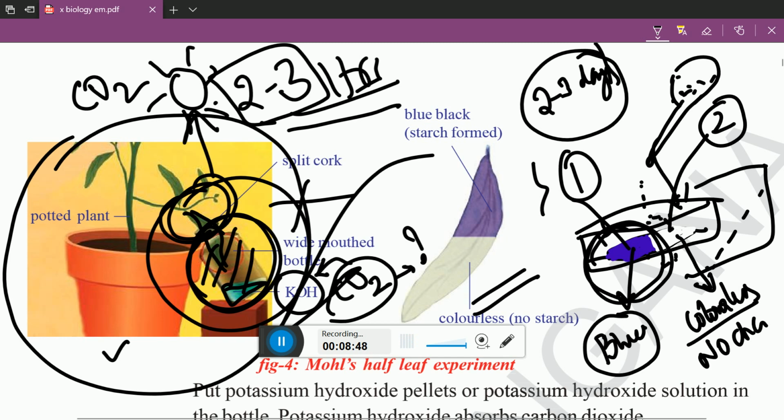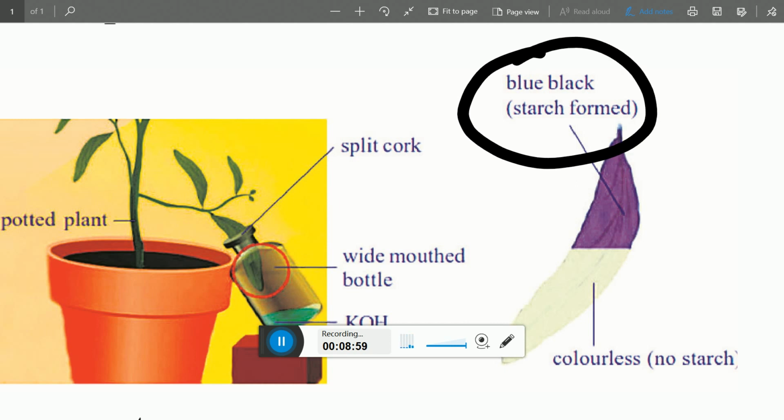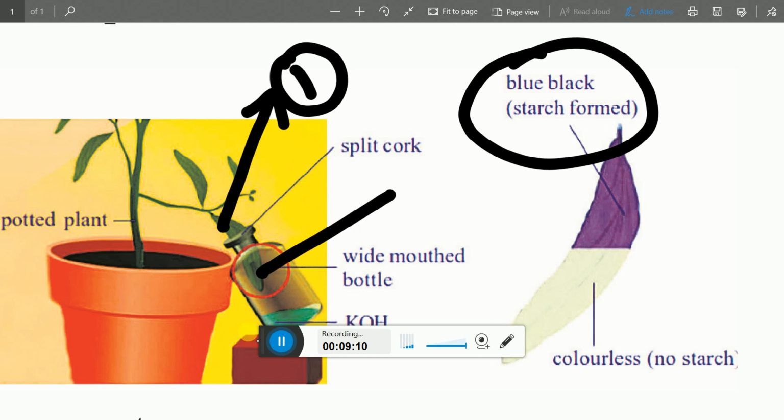and carbon dioxide, and chlorophyll is present. So here you need to remember, sunlight is common for both. This blue black color indicates that it has undergone photosynthesis. Before saying that, if we consider this the first part and this the second part, as it is kept in the wide mouth transparent bottle, this first part is exposed